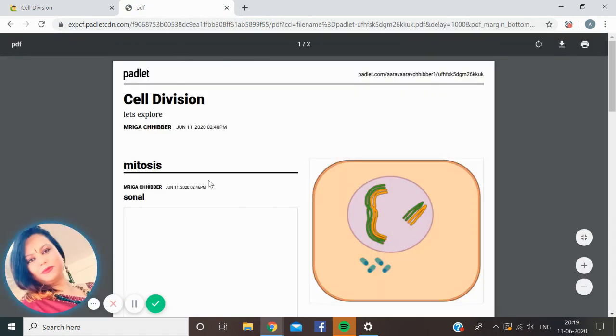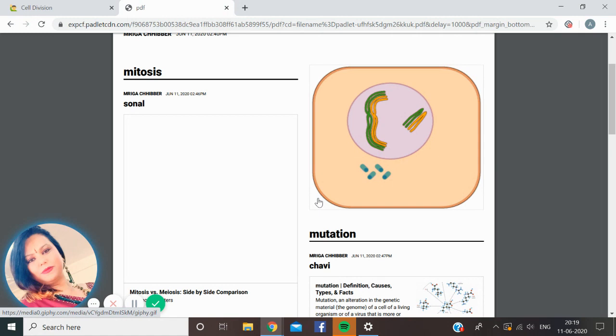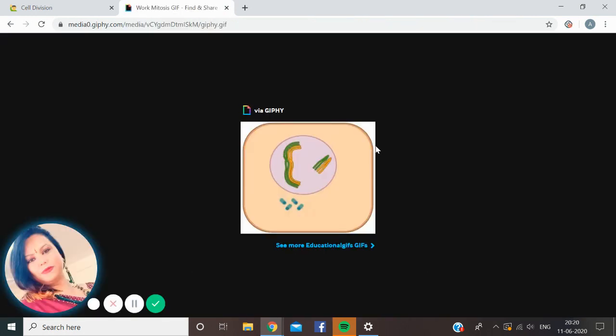And you know what is something new about this PDF? This is a multimedia PDF, because in a normal PDF you are not able to run videos or audios. But in this PDF, you see, when you click here, you are able to play this GIF. You see, the GIF is being played.